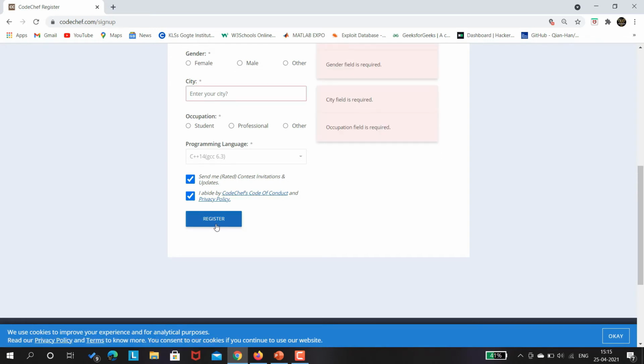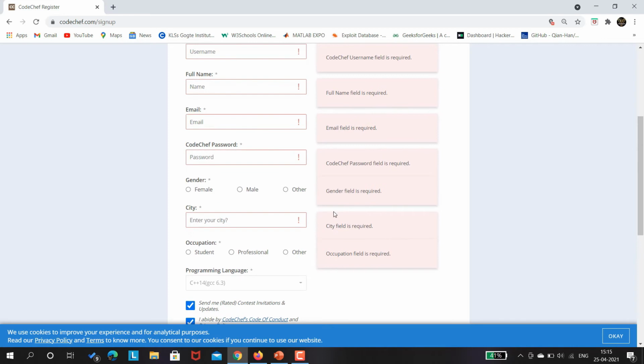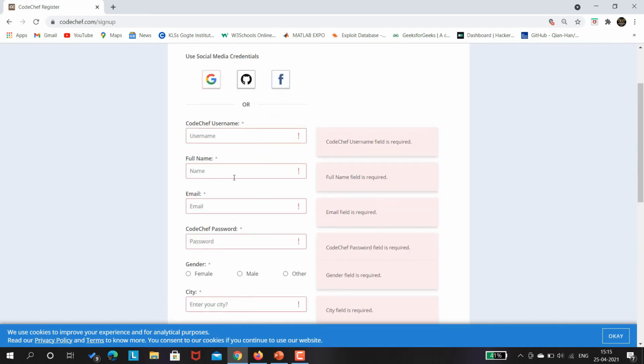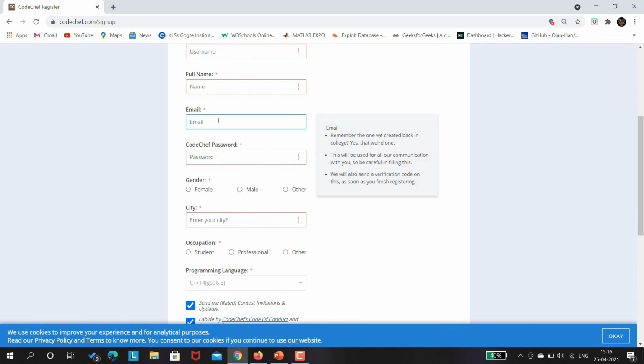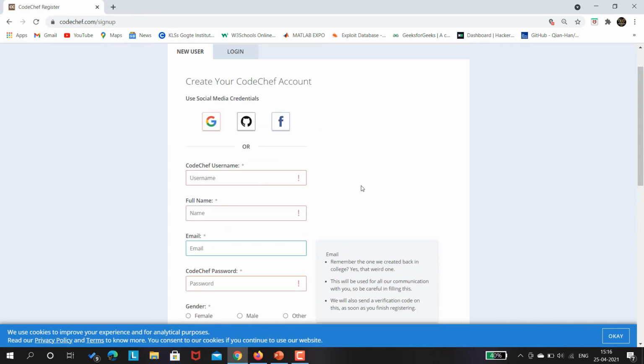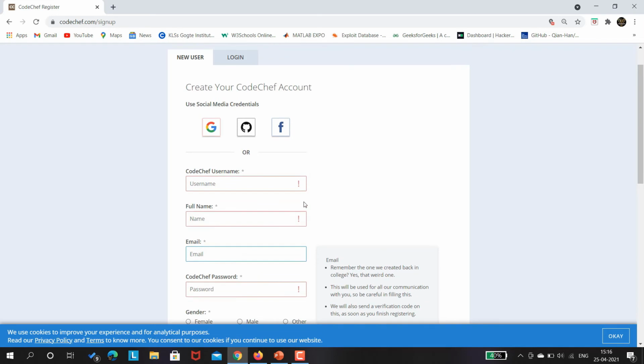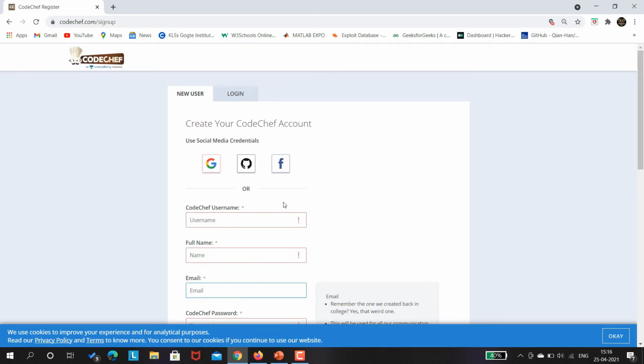And once you click on this register button, you would be getting a confirmation page where you will be asked to verify your email. That is, you will be getting a code in your registered email ID. That is nothing but the email ID which you have just mentioned here. So in that inbox, you would be getting a code which you need to enter in the next page, and after that your account would be confirmed and you would be successfully creating your account on CodeChef.